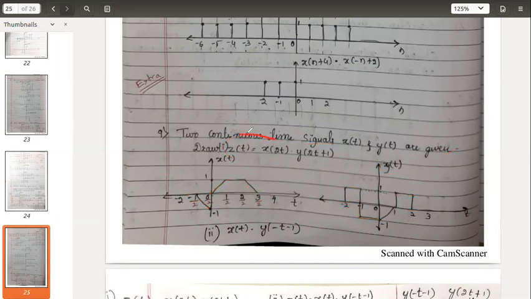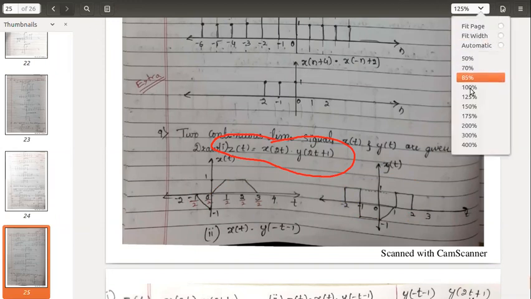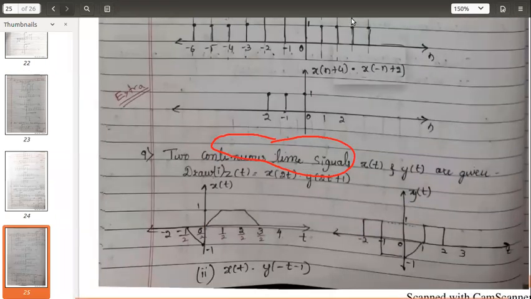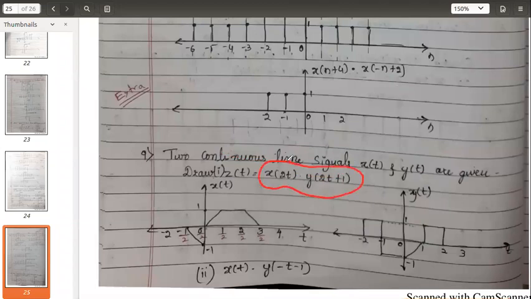Okay. Coming to the first question. How many operations are involved in total? You take this question, analyze the question, and answer me how many operations in total are involved. Better don't use the chat box, you unmute and answer. That is easy.